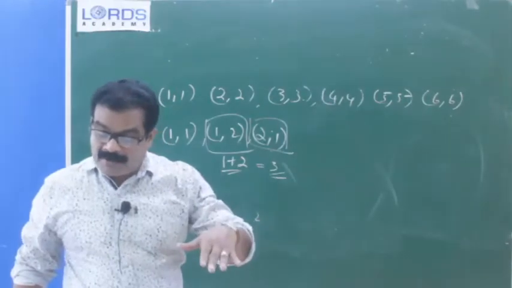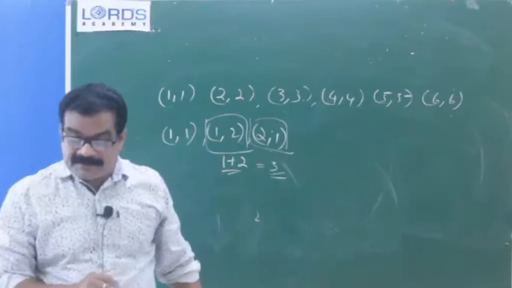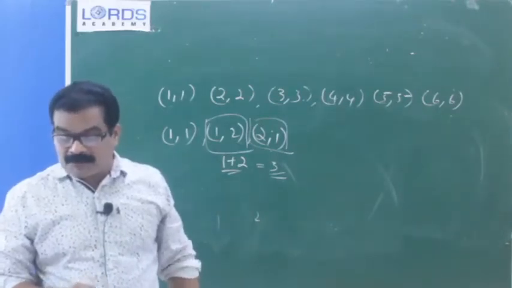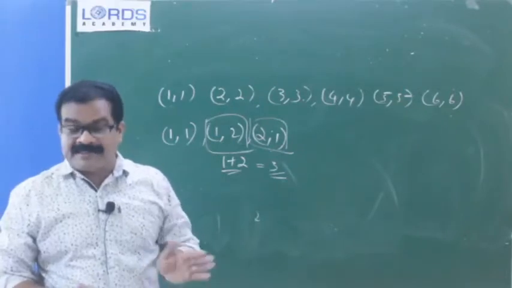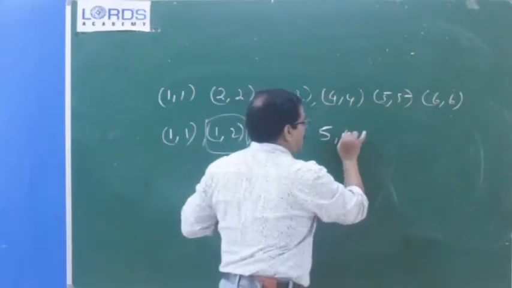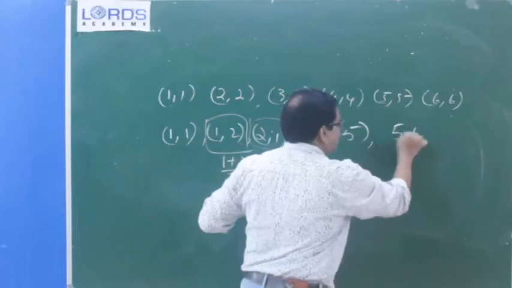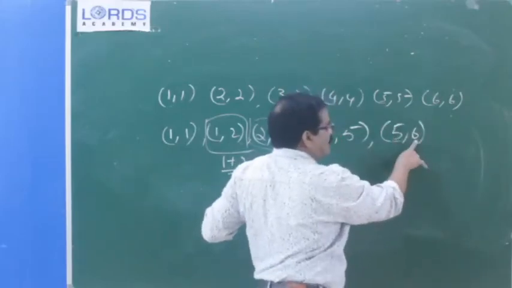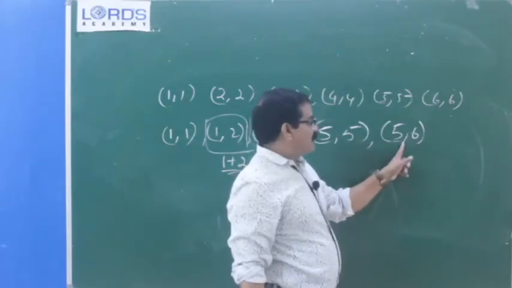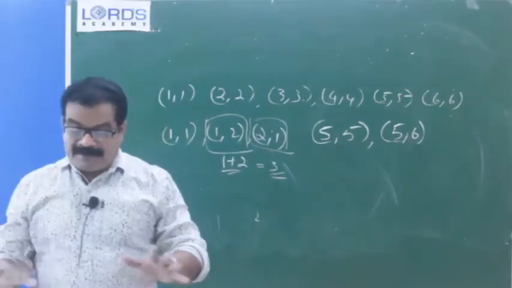And also a total of at most 10. At most 10 means the maximum should come up to 10. Don't exceed it. For example, we can consider 5 5, but you don't take 5 6, because 5 plus 6 is equal to 11. Don't take the pairs 5 6, 6 6, avoid those and find that. Okay. Similarly, you find that problem.